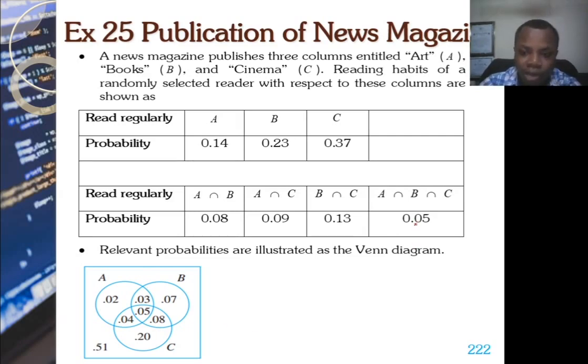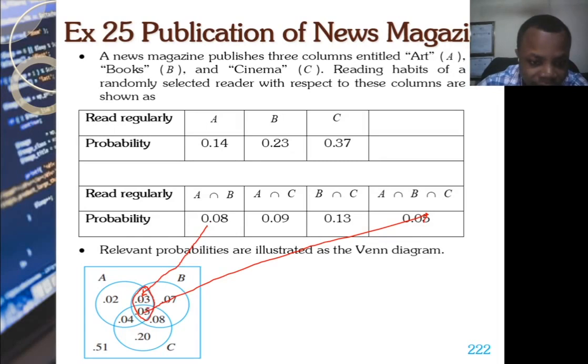So you can see that we have 0.05 to be the intersection. We have A intersection B to be 0.08. That is, if you look at all this, that will be A intersection B as we have here. That is 0.03 plus 0.05. That gives us 0.08. In that same case, A intersection C will be 0.09, and this whole portion